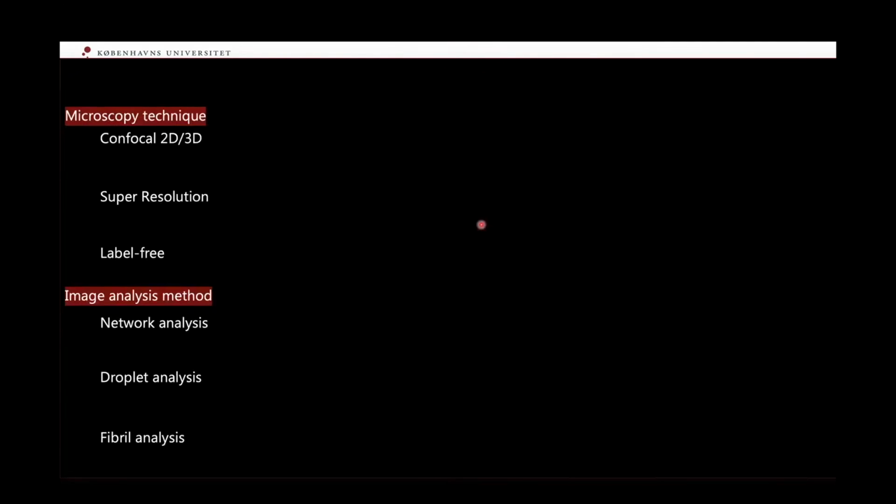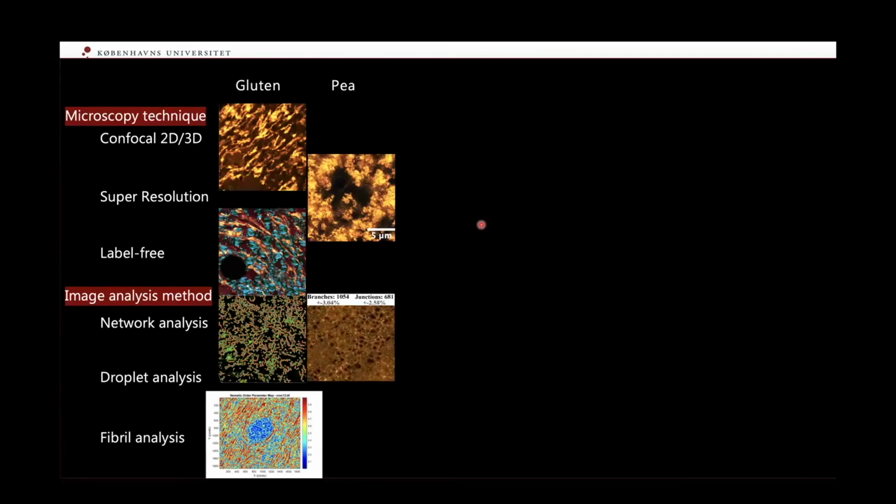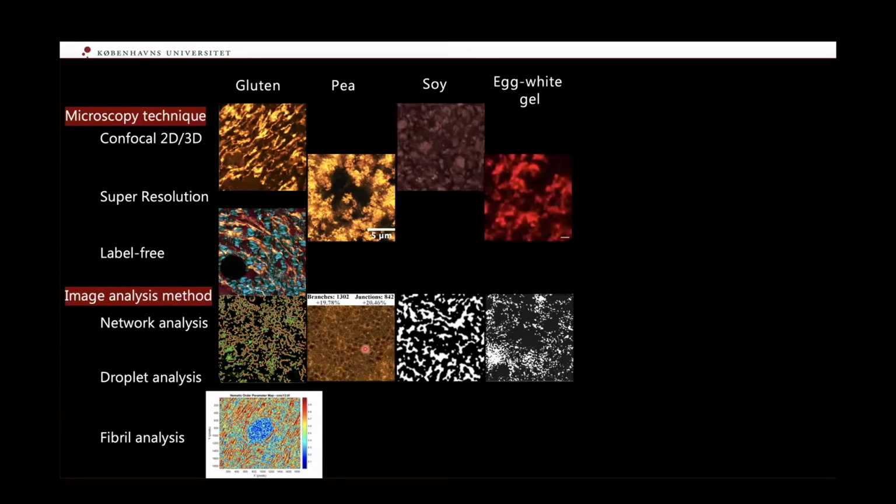So here I just have a summary of different techniques that we have used, microscopy techniques, but the analysis methods as well. And as I said, we focus a lot on the analysis methods because we try to quantify structure so that we can correlate with the texture. So you've seen the gluten, we have different types of analysis. We have done some pea proteins, and we see how the networks change over time if we make gels in situ in the microscope. We're currently looking at soy protein gels. We have done this microscopy of egg white gels,